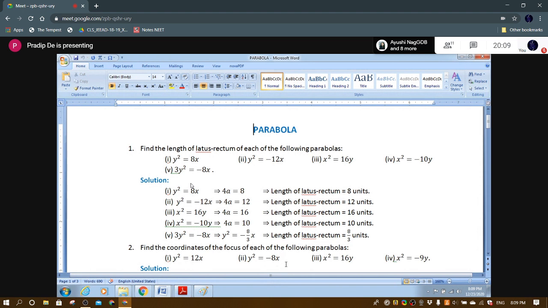This is type 2, that is an inverted C-type parabola. 4a is 8, a is 2. Where is the focus? Minus a comma 0. So minus 2 comma 0. This is type 3, 4a is 16, a is 4. Where is the focus? 0 comma a, 0 comma 4. In this case,